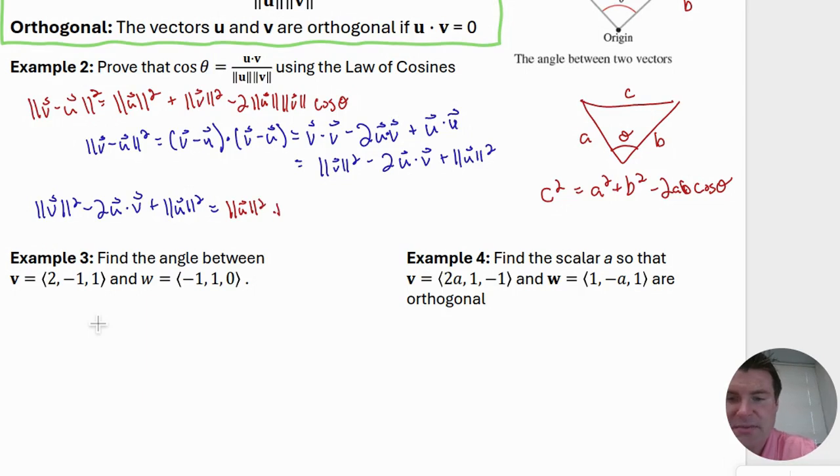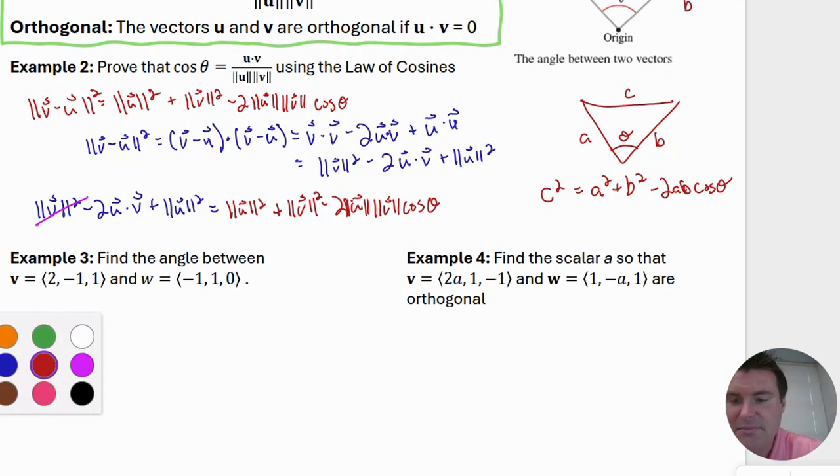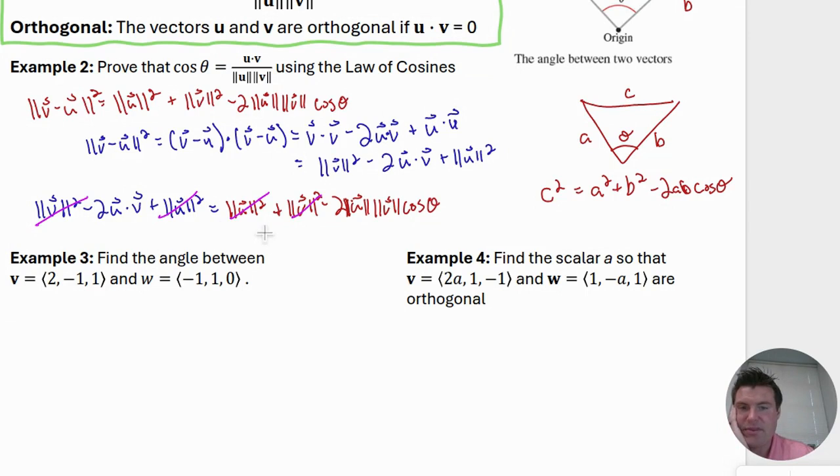And hopefully you see what's happening here. Should be length. So what's happening here is these length of v squareds will end up canceling out. I'll do that in purple. I can already see I forgot to put the length. Not very meticulous, I apologize. There we go. So these will cancel out. These will cancel out too. And we're left with negative 2